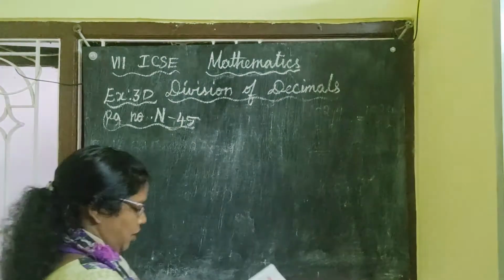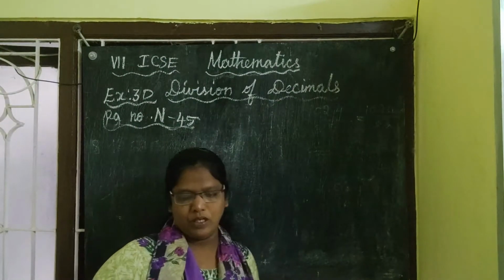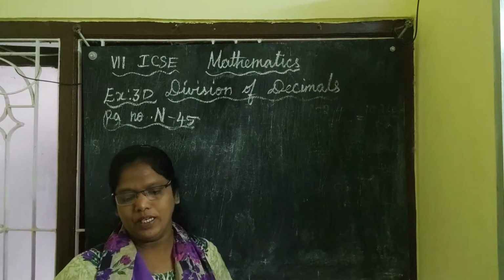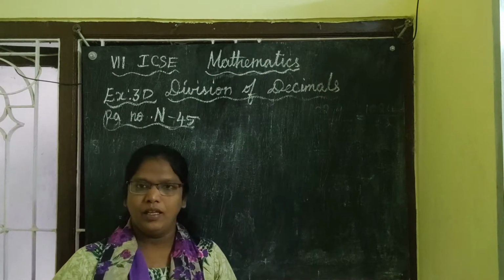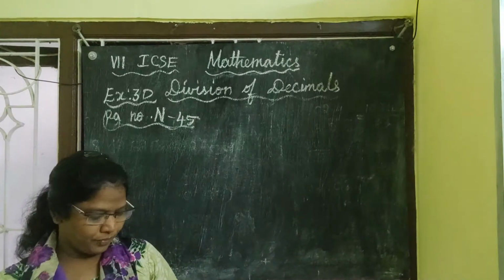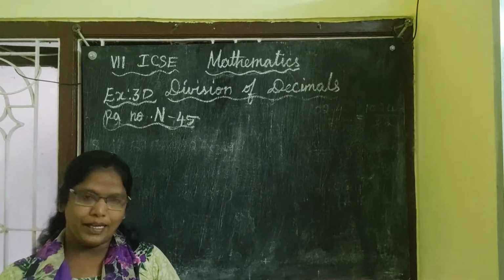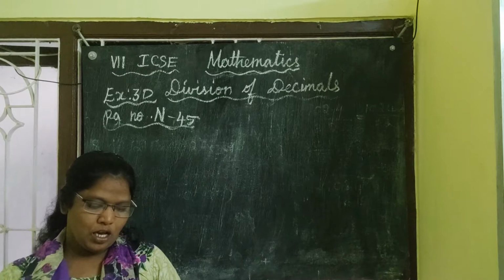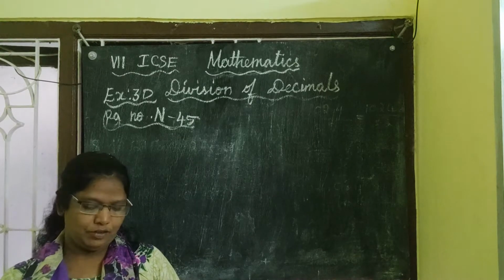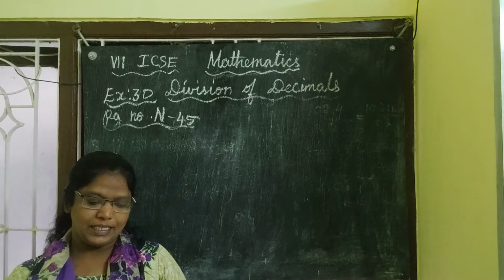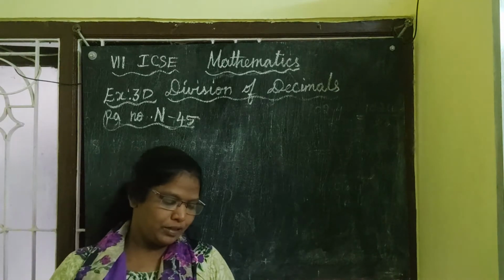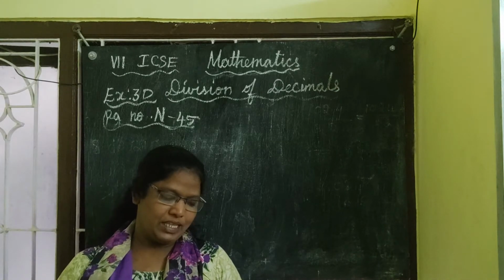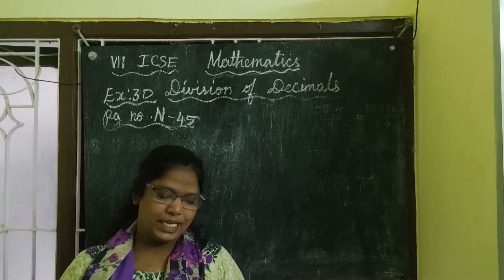Okay children, next you have 5 word problems 9, 10, 11, 12 and 13. I am going to teach the 13th one. Okay, let me read the question. Listen here. A certain sum of money is distributed among 26 people. Okay, if each person receives rupees 6.45 and rupees 2.30 is left in the end, what was the initial sum